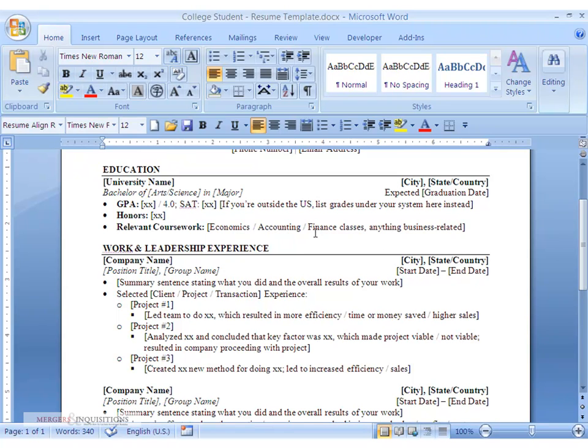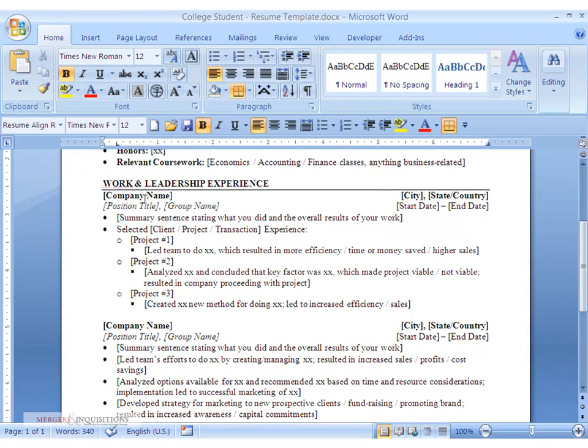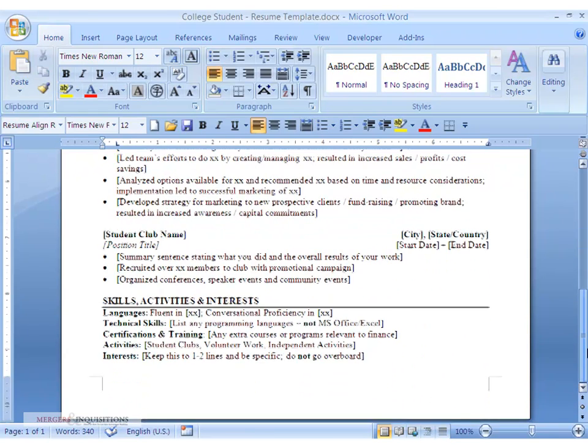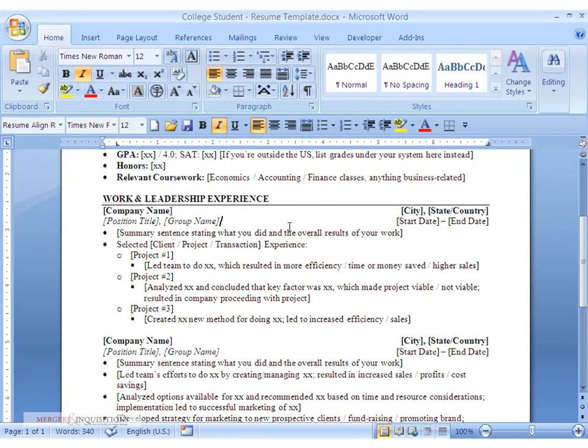So now to move into this work and leadership experience section. You'll notice here that I have three entries. One for this one, presumably an internship or some kind of school year part-time internship at a company, and then this is for another one, and then this last one at the end is for a student group or activity. In general for this section, I think it's a good idea to aim for between 2 and 4 different